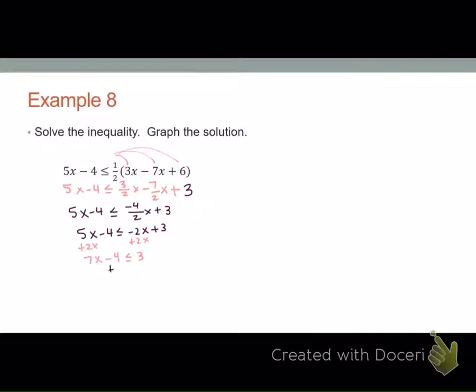Add 4. And divide by 7, and we get x is less than or equal to 1. Open or closed? Closed, it has a line equal to, and you shade to the left. All right, let me get your guys'